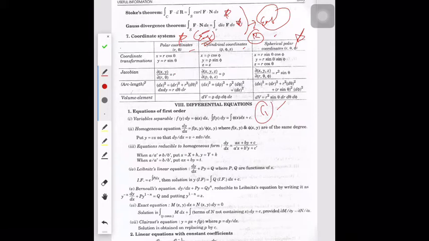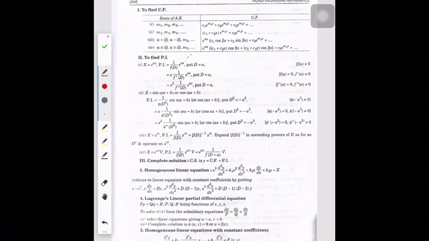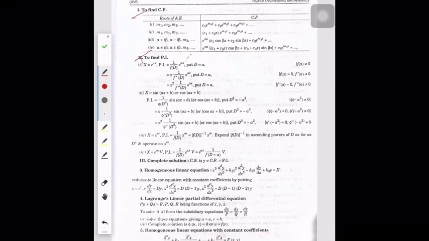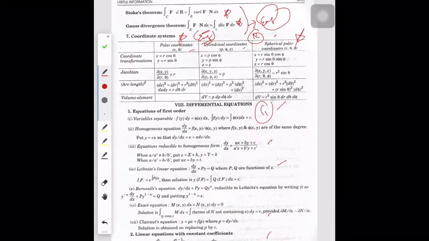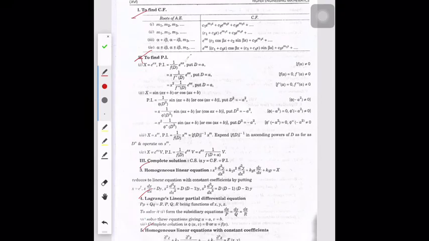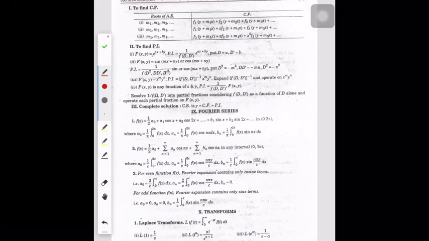Differential equations, yes, GATE. Leibniz, linearity, and everything is in GATE. Make short notes of these things, very important, like every heading is there in GATE. Important. And Fourier series, yes, useful.